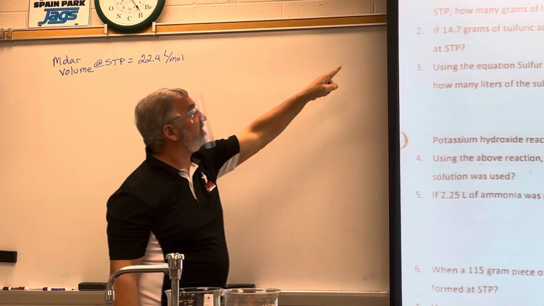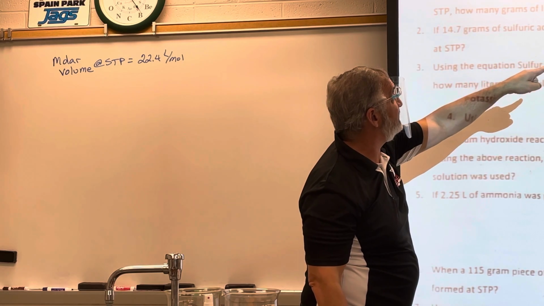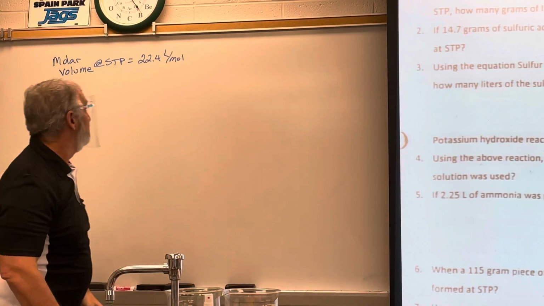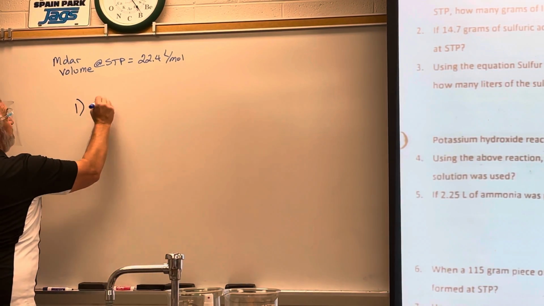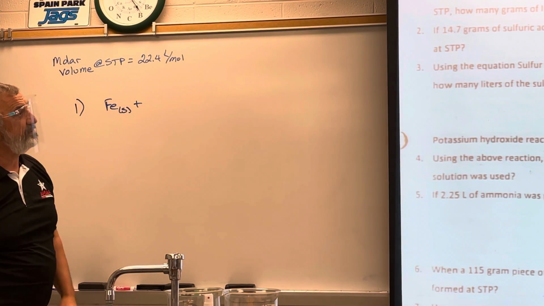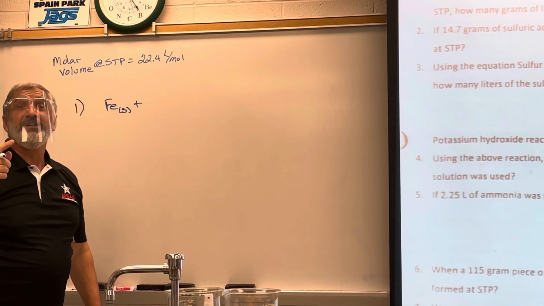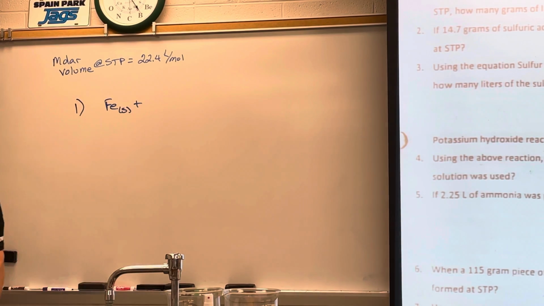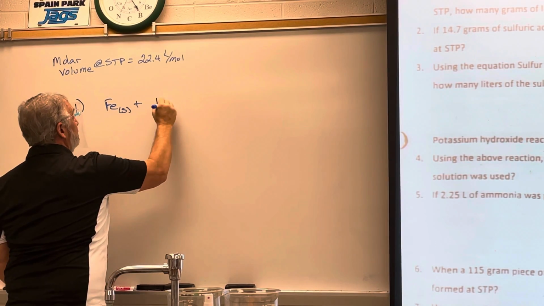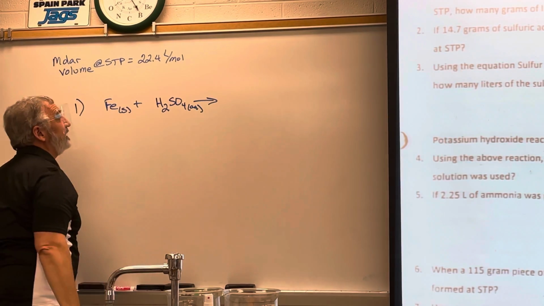So I'm given 600 milliliters of hydrogen gas is produced through a replacement reaction involving solid iron and sulfuric acid. So the first thing that I need to do is write a balanced equation. Solid iron. Does anybody remember what sulfuric acid is? Sulfate plus hydrogen. So you come here, sulfate is SO4 minus 2. So H2SO4. That's going to make,